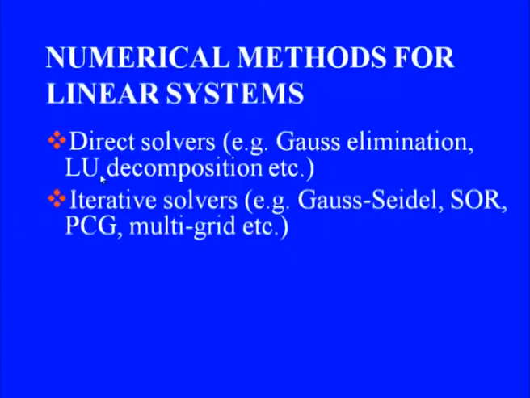There are many more, and we have literature full of different decomposition procedures for solution of different types of linear systems. Then we have also got iterative solvers. Typical examples are our Gauss-Seidel process, SOR, which is the successive over relaxation scheme, preconditioned conjugate gradient method, multigrid method, and a host of many iterative schemes. We have books full of these iterative methods as well as direct solvers available. So, in this lecture we are going to have a look at a few simple representatives which are extensively used in